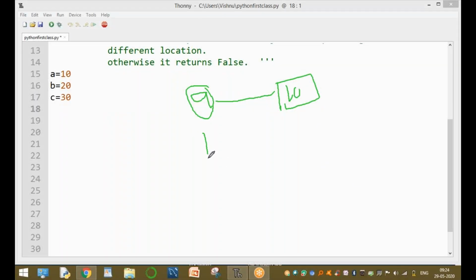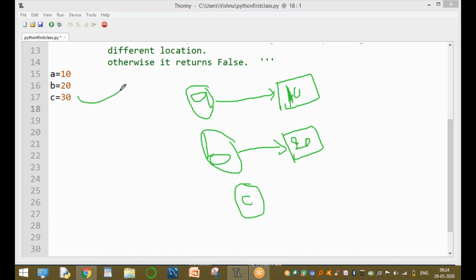Similarly, b is an object pointing to 20, and c is another variable pointing to 30. Clear up to here?